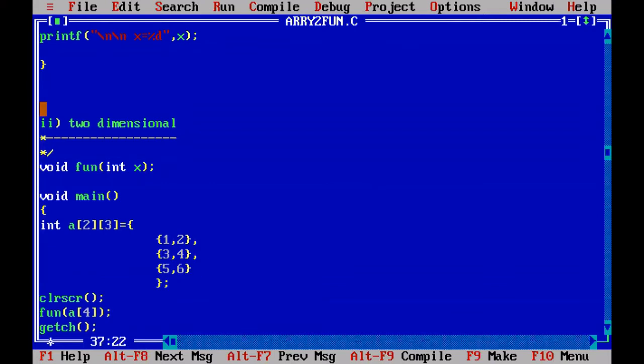So only 2 rows we said, right? Yes, you can. 3 by 2 it is. 3 rows, 2 columns.